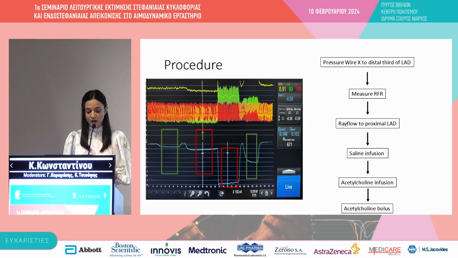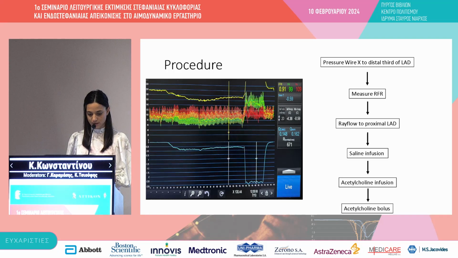This way we can also calculate CFR by continuous thermodilution. So we've got CFR from the bolus thermodilution, but we also get CFR from continuous thermodilution by doing this. And then we administer acetylcholine. So this is a Coroventis screen recording taken during acetylcholine infusion. It looks very similar to the saline